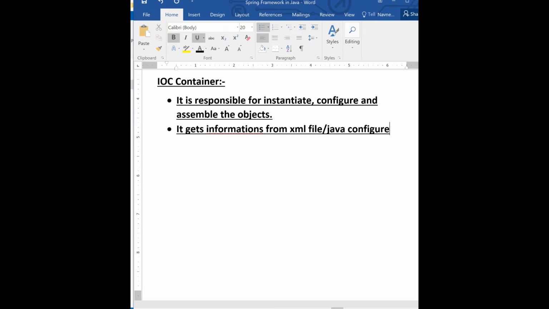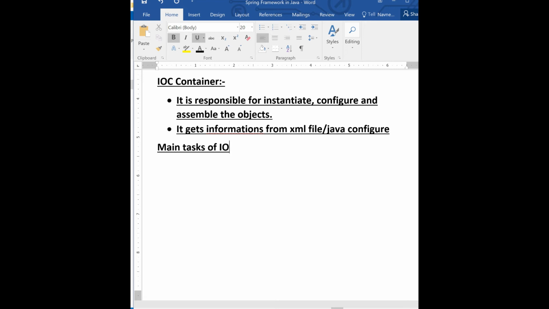The IOC container has a main task. The main task in the Spring framework is to instantiate the application class, second to configure the object, and third to assemble the dependency between the different objects.